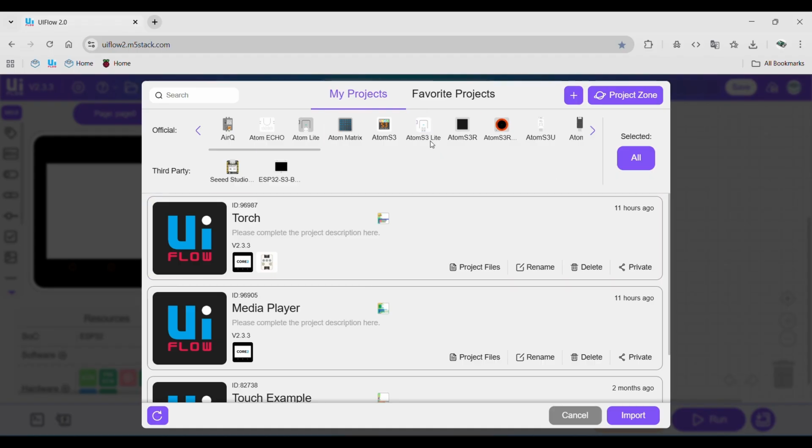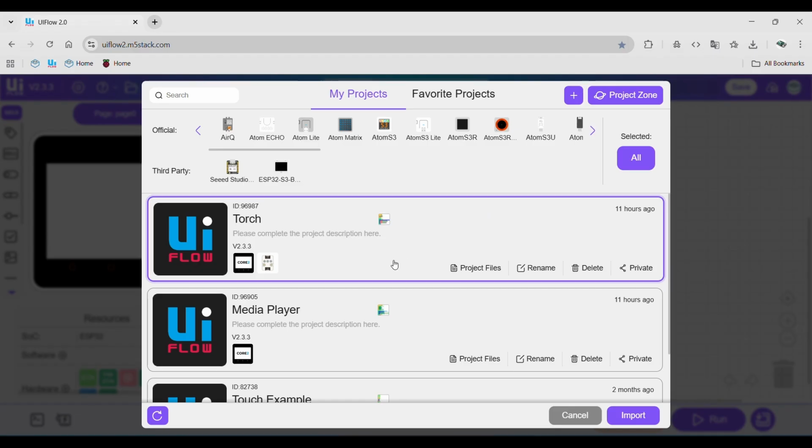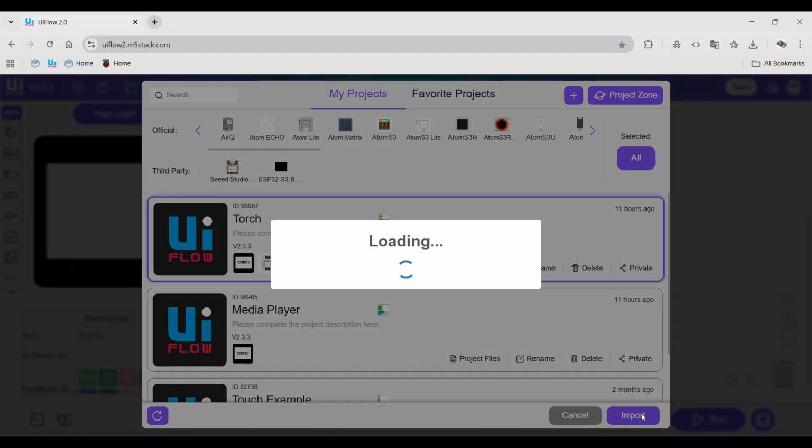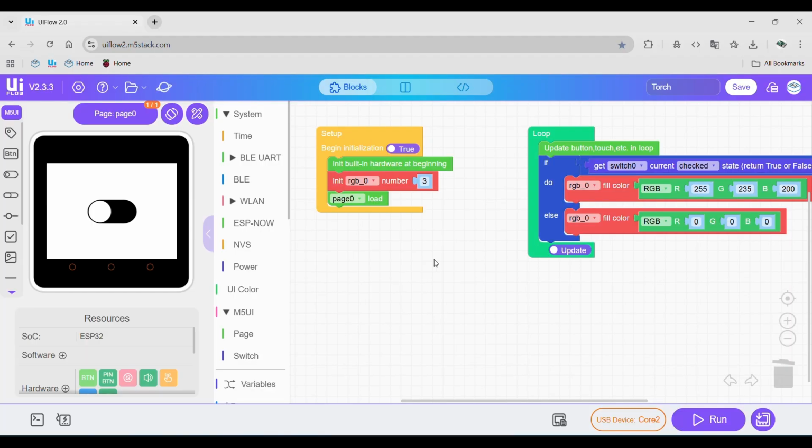You're going to go into UIFlow 2. You can either create a new project or you can just open up your torch project from yesterday and click import. Okay, so